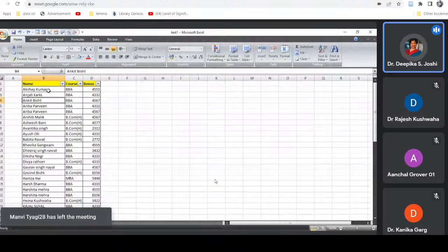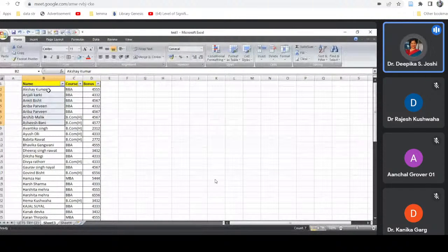ये हमने कॉपिंग और पेस्टिंग किया था Ctrl+C Ctrl+V से. अगर मैं यहाँ से इस डेटा को मूव करना चाहती हूँ तो मैं इस डेटा को ऐसे सेलेक्ट करूंगी. Then I have the mouse button, I have to click on the left mouse button,